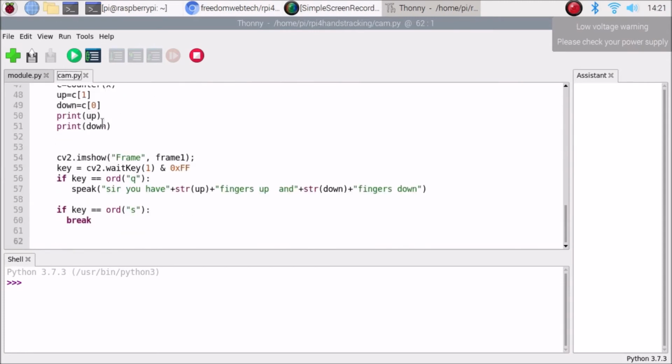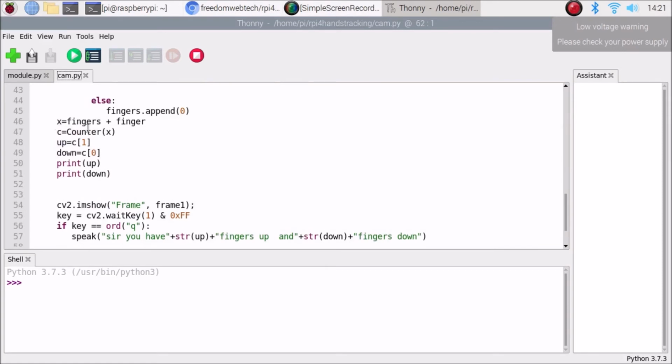Scroll down. This is the counter function. Here we are basically counting the fingers. Okay, so simply this is the script, you can just download it and read how it basically works. It's really simple. I basically tried to create simple functions. Okay, there is nothing complicated.